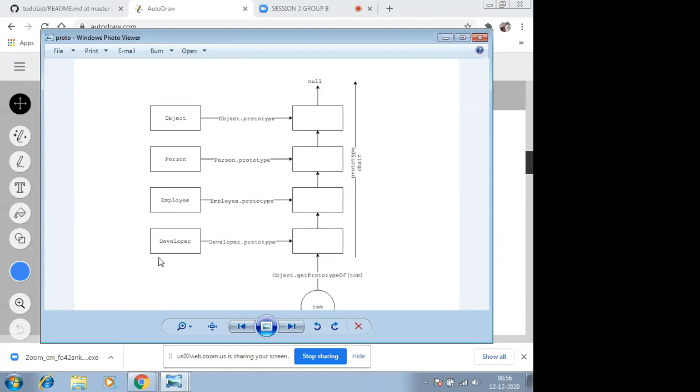Suppose you have extended person to employee to developer, and you want to make changes to a function which is there in person. You cannot just directly add that and have all your classes reflect that change, because things are so tightly bound that you have very little scope for modification.